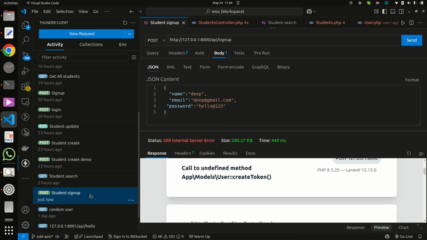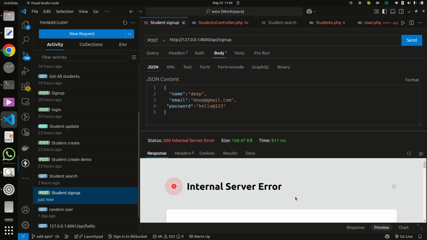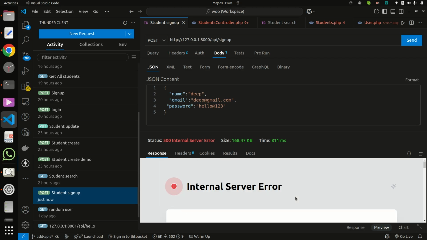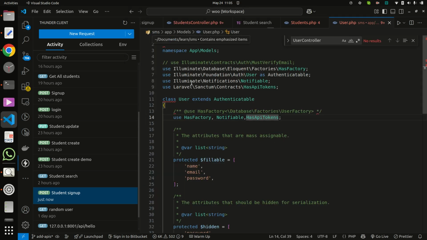Now check again, sign up. Again internal error, cannot use. I think it should be another namespace, not this namespace.